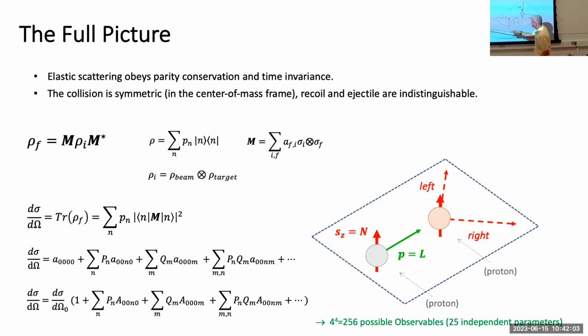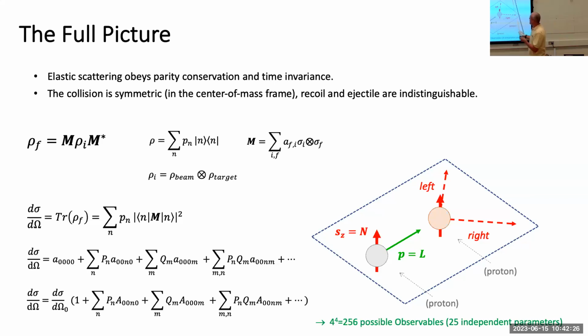So each of these can point in the normal direction, the sideways direction, the longitudinal direction, or be unpolarized. So it's either 0, N, S, or L, and the total scattering matrix therefore has 256 possible observables for the